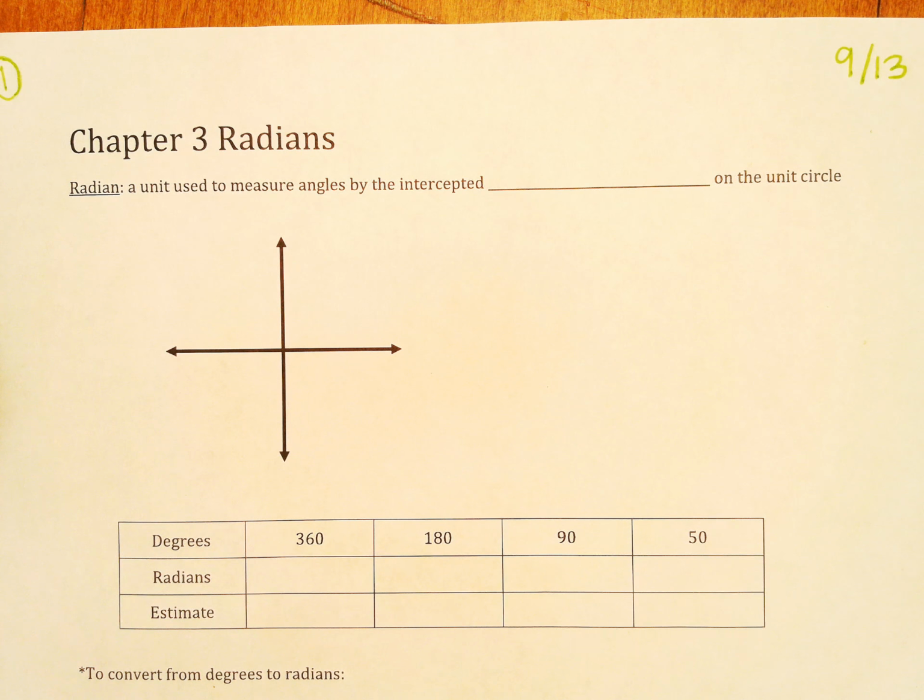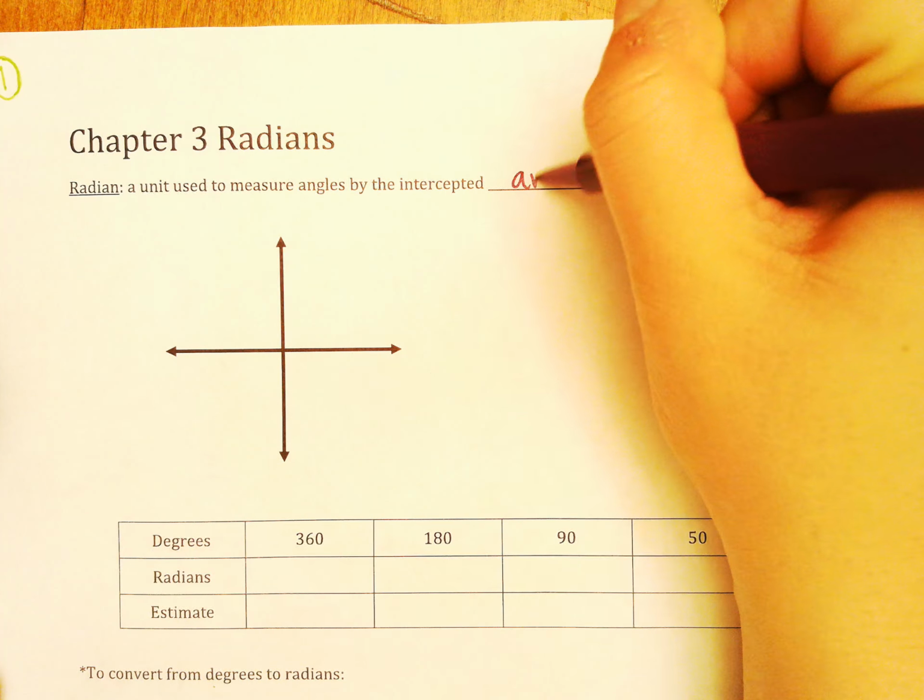Okay, so for the next chapter that we have, chapter 3, a lot of what we're going to be doing is working in a new system of measuring different degrees on the unit circle, and that's called radian. Now, what a radian really is, it's a unit to measure the angle by the intercepted arc length